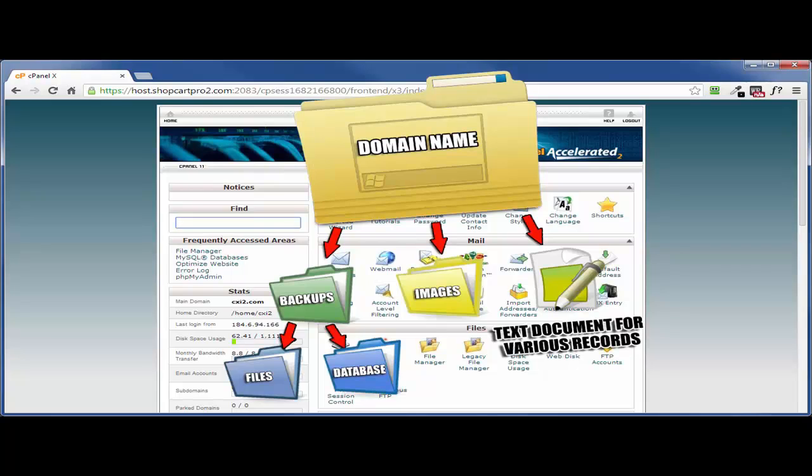The alternative is that 6 months or a year from now, you're going to spend several minutes or hours looking for your login credentials or those expensive header images you bought for this site or your backup files,